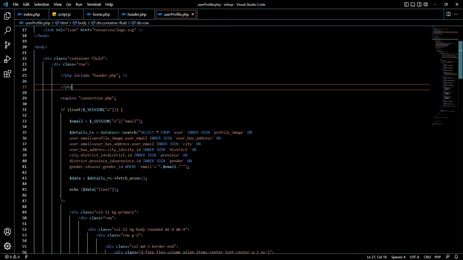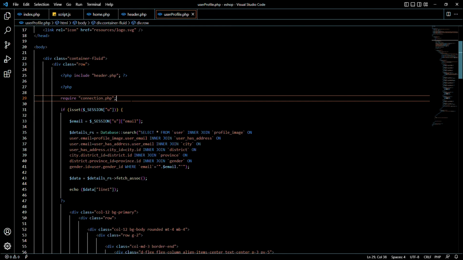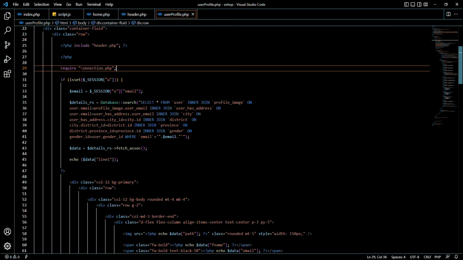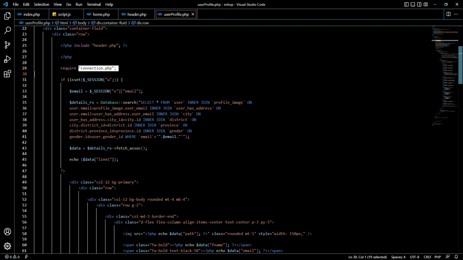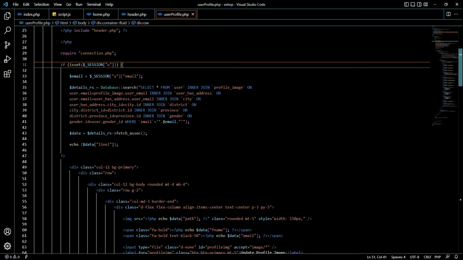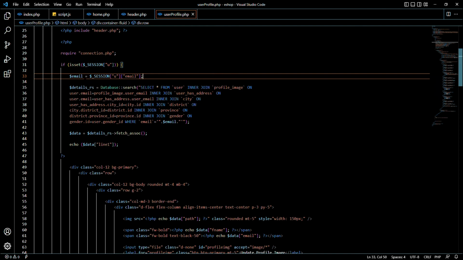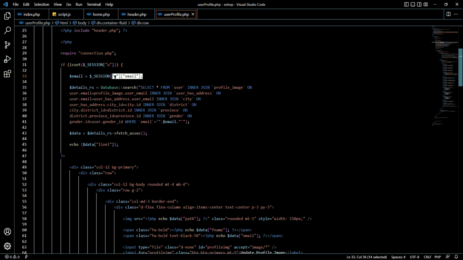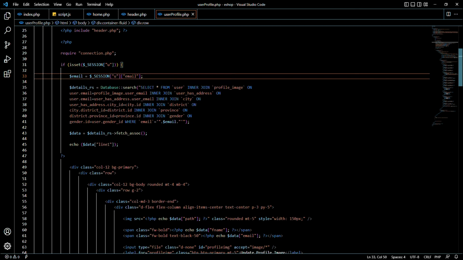And we have created a connection with our database by linking our document connection.php, and we have created an if block saying that if there is the username in the session, then the username and the email of the session will be taken and given to the variable email. And so we have added a database